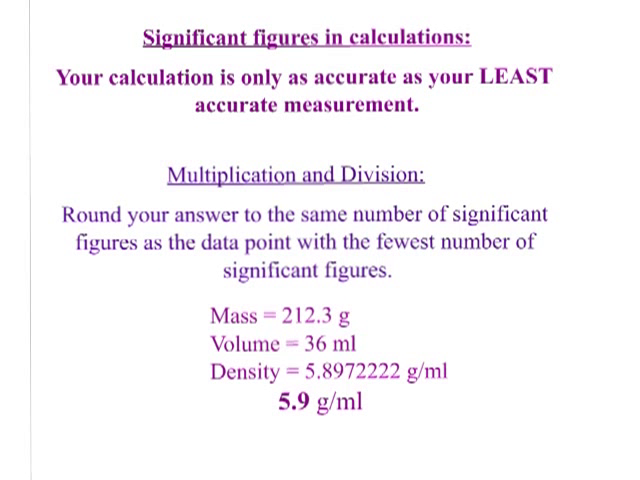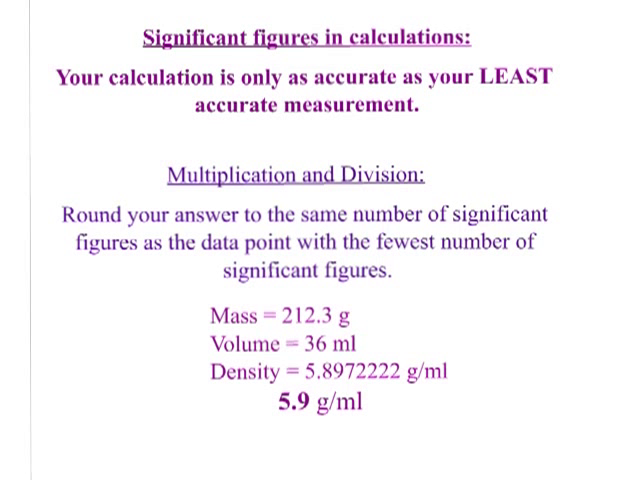Now we have one more idea to talk about here, significant figures in calculations. So now that we know how to count how many significant figures are in a number, we will need to figure out how many significant figures can be in our answer when we make calculations. And it's important, here's the big rule of significant figures: your calculation is only as accurate as your least accurate